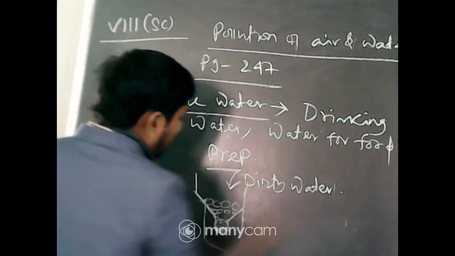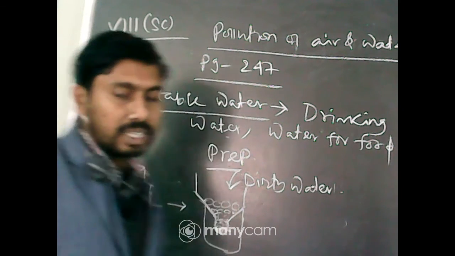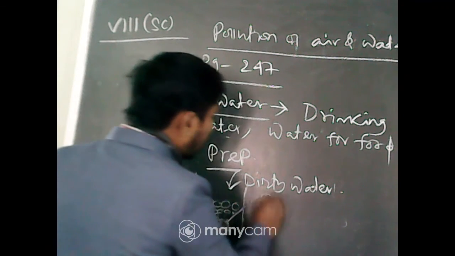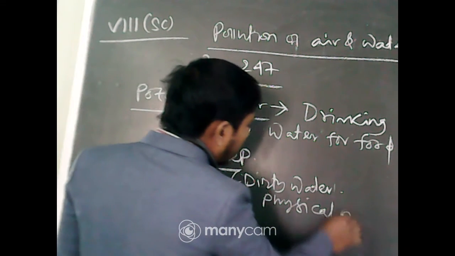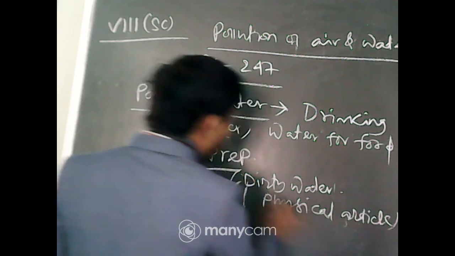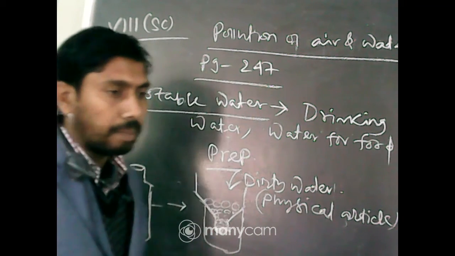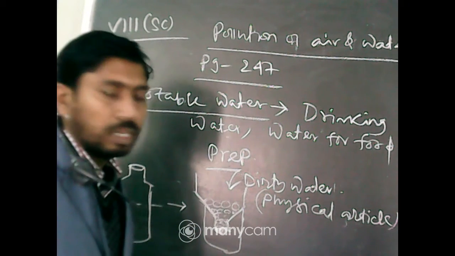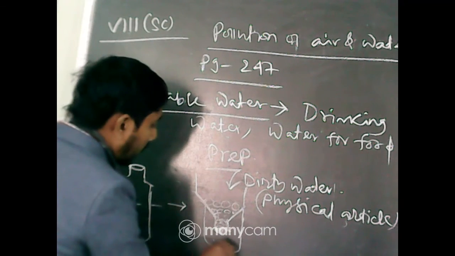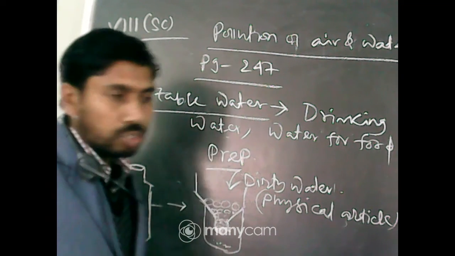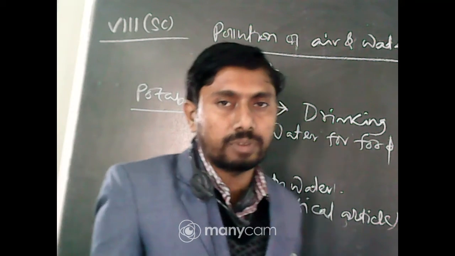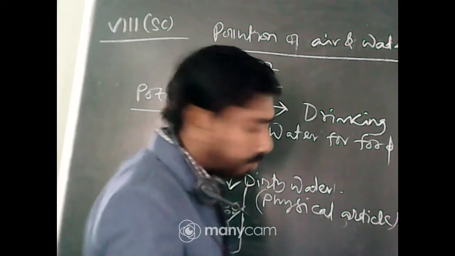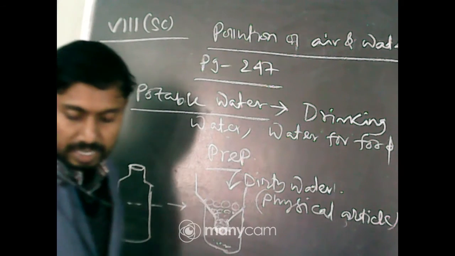Now these layers work as layers of filtration, that is basically used for the physical substances, that is, the clay particles, the pieces of plastics, etc. can be restricted by this method. Okay, so here we get filtered water. So the filtered water will be released from all the physical contaminants. Okay, so this process is discussed here.